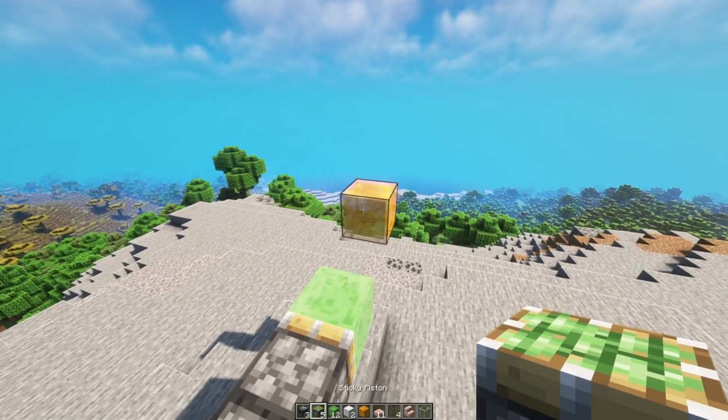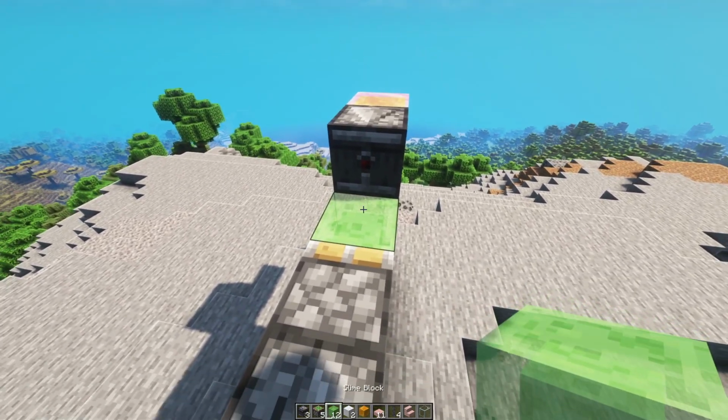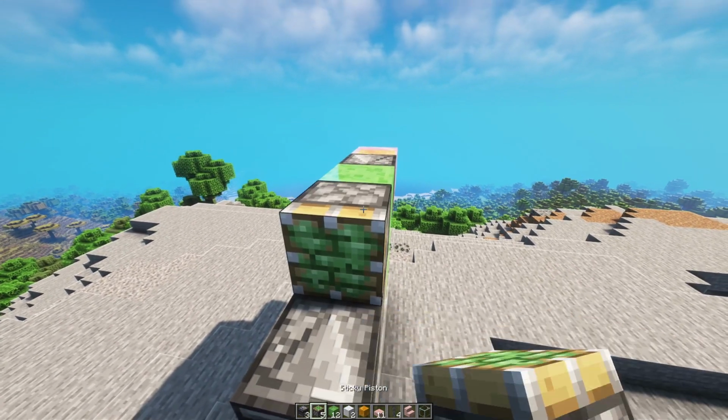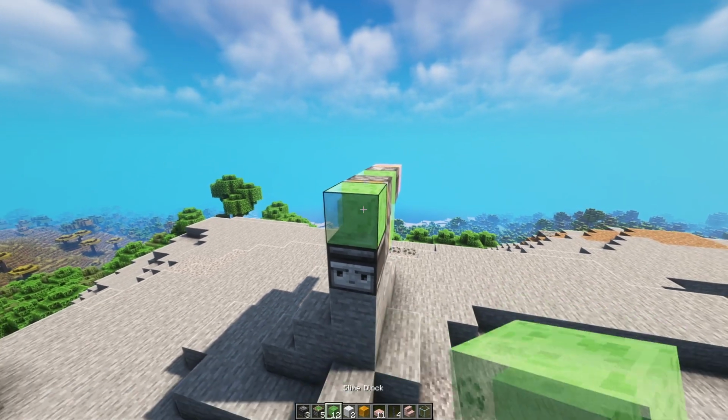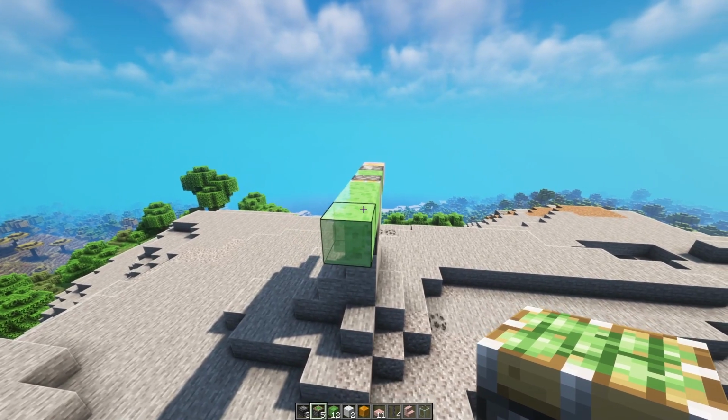I'm then going to get myself another observer. I'm going to place the observer there so the dot is facing backwards. Then a slime block, a sticky piston, and 3 slime blocks. 1, 2, and 3. I'm then going to build up the tail of the plane by putting a sticky piston